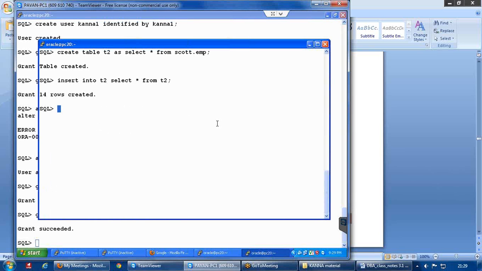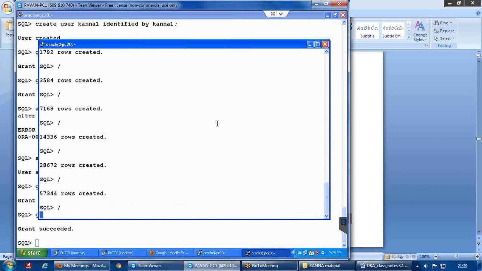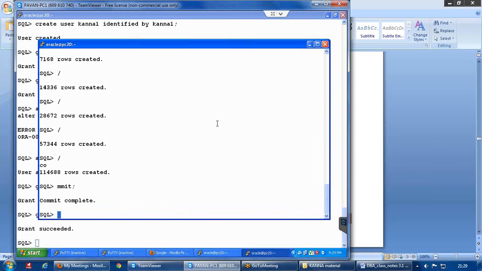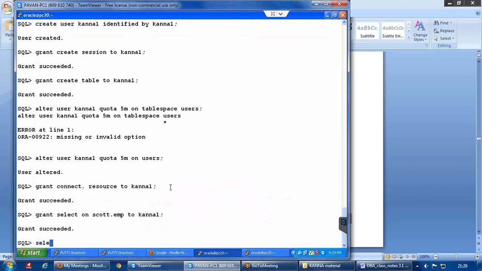Okay, so now let me show you. I created one dummy table under the Kanna1 user. Now using this command, I am going to check how much space the Kanna1 user is occupying, and let me take the tablespace name also.